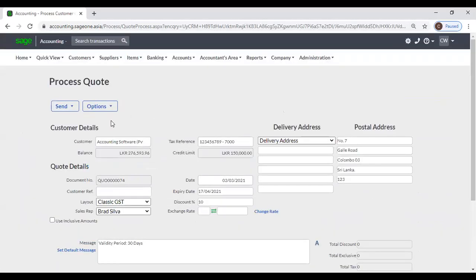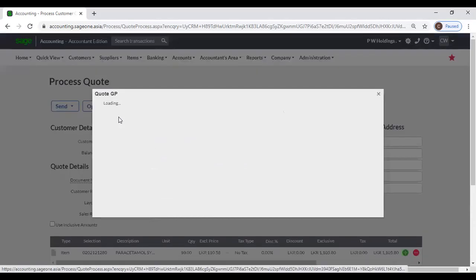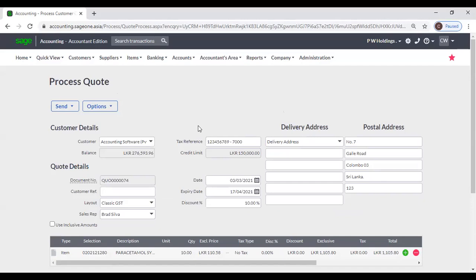Then I'll move to these options. From here, you can view the quotation GP. You can view the item, item code, item description, average cost, exclusive amount, GP amount, and GP percentage. And if you cannot view your GP,